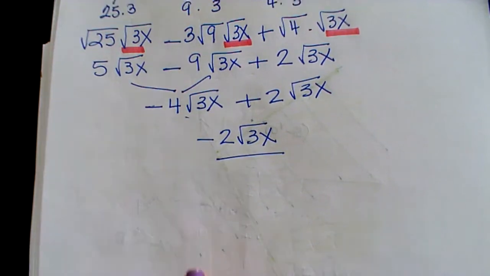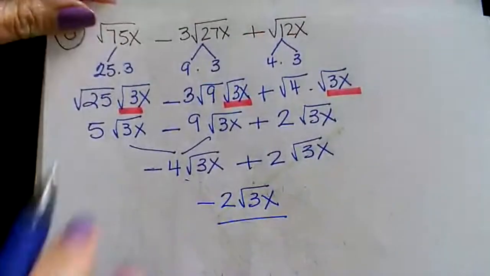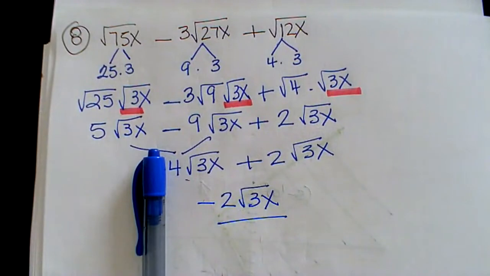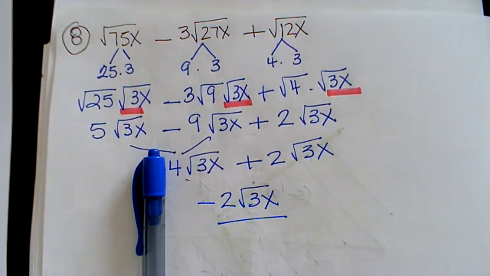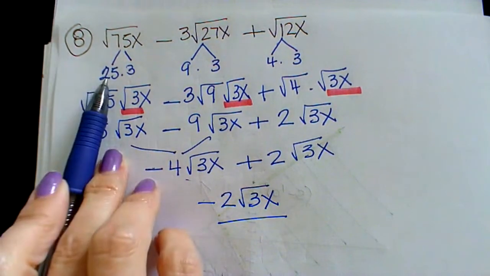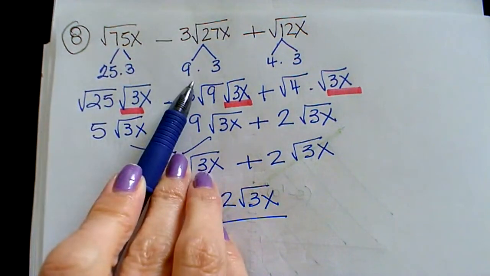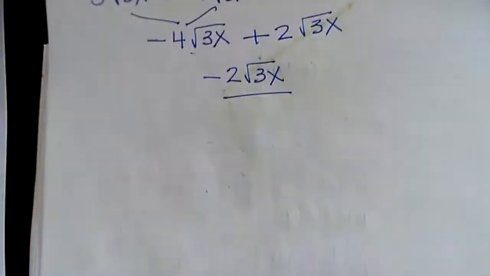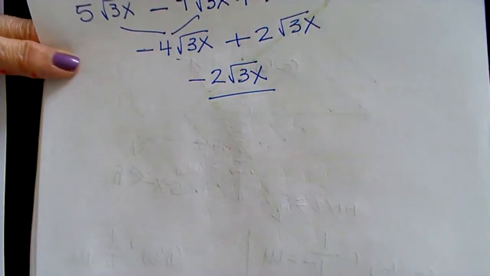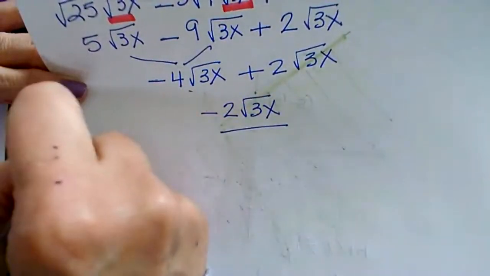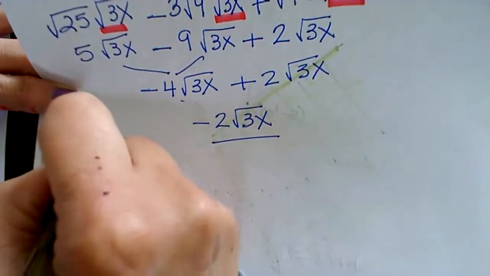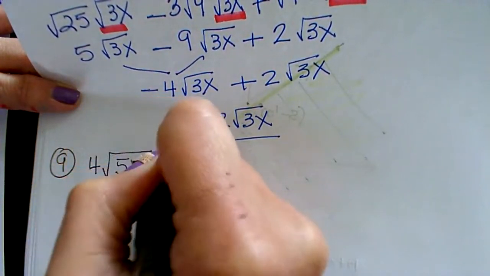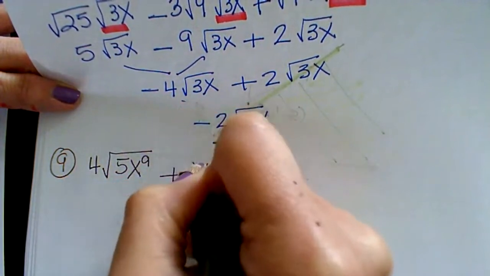Okay. Again, let's go back here. Find two numbers. One of them is going to be the perfect square, the square that you can say 5 times 5, 3 times 3, and 2 times 2. Let's do this one. I have 9. This is 4. 5x to the 9 plus